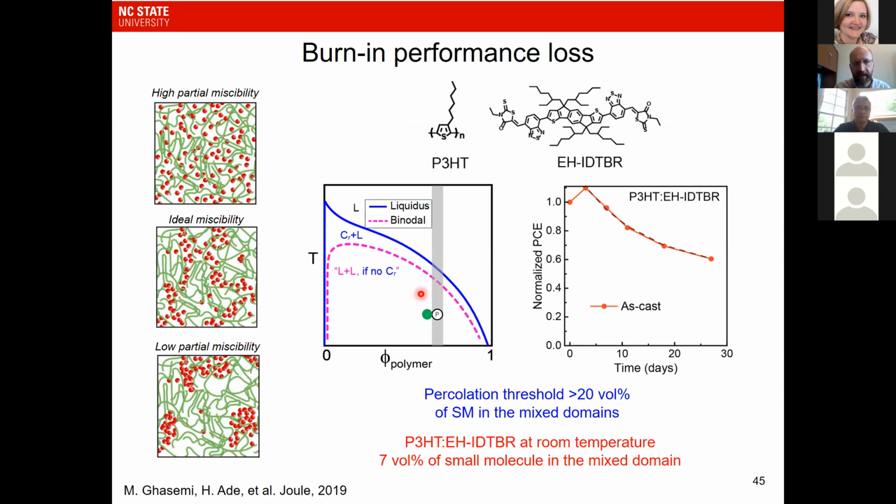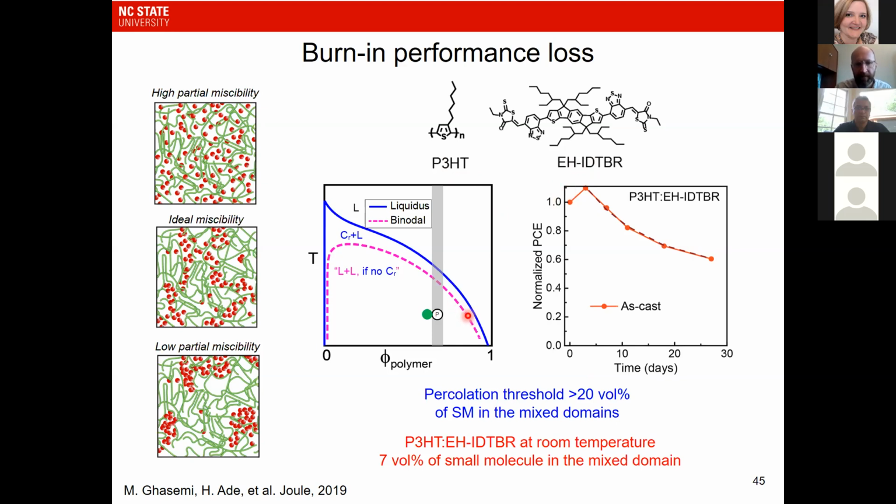What is the miscibility as a function of temperature? And this binodal line here would be how much small molecule would be in the polymer matrix in thermodynamic equilibrium. So if you look at this case example here of P3HT and this other small molecule, EHIDTBr,